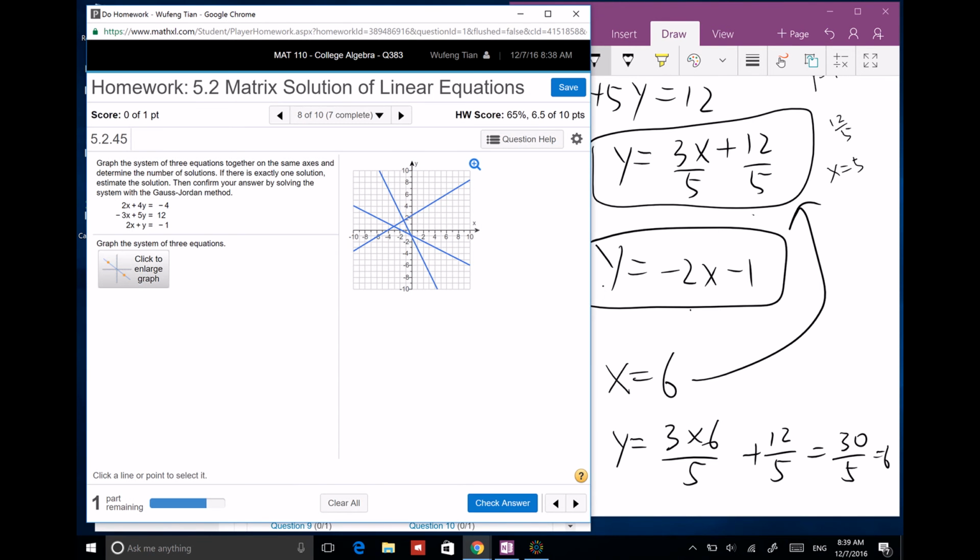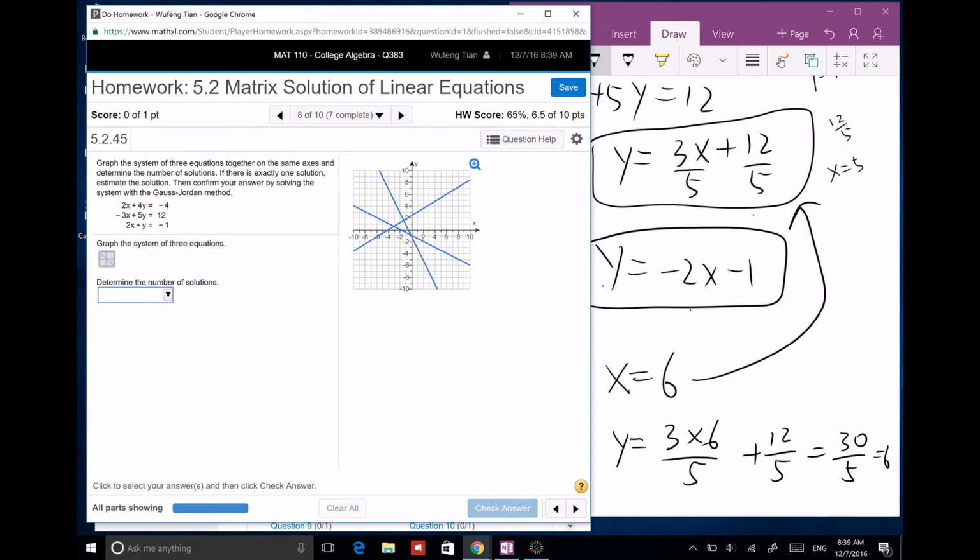Graph the system. Okay. And then determine non-solutions because there is no common point. Okay. So this one